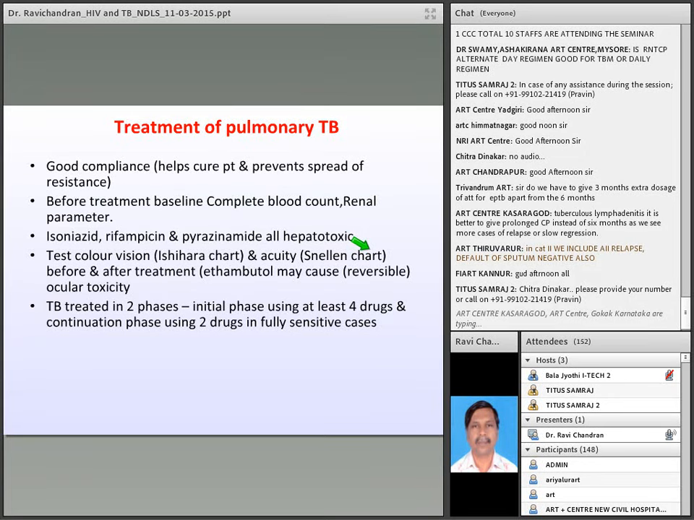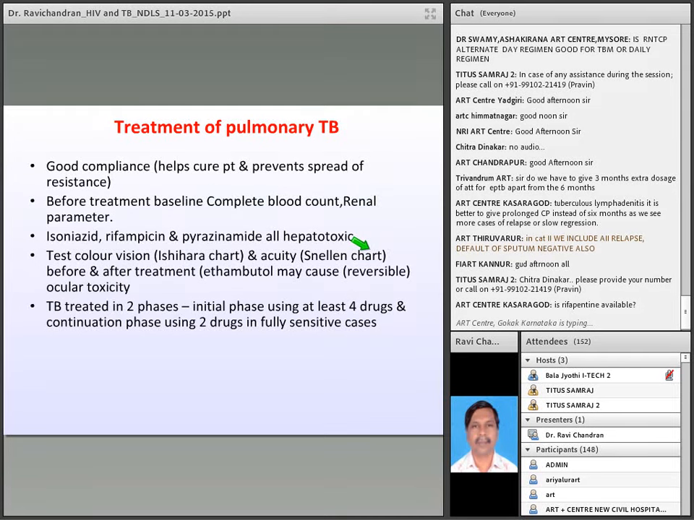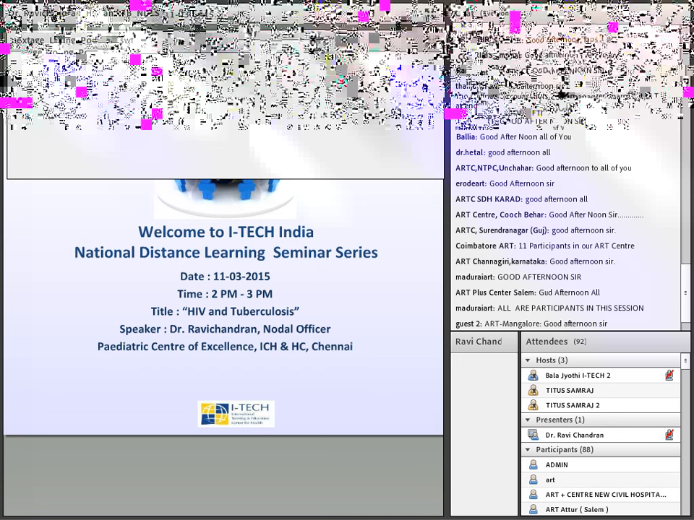So, treatment of pulmonary tuberculosis. A good compliance is necessary. It helps cure the patients and prevents spread of resistance. Before treatment baseline,